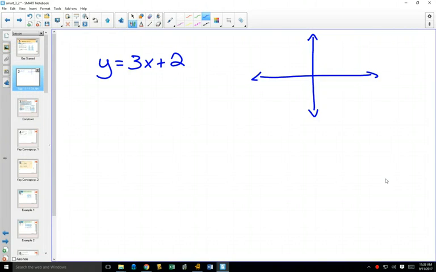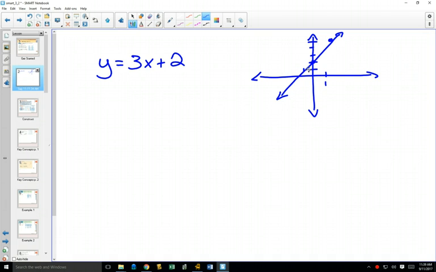So if you were graphing that line, y equals 3x plus 2, you would say, well, I know that my y-intercept is 2. I know that my slope is 3, so I could go up another 3 and over 1. And I could get my graph. Now, what we're going to be doing in section